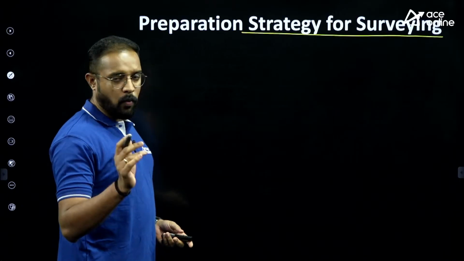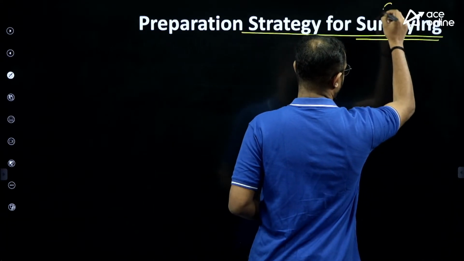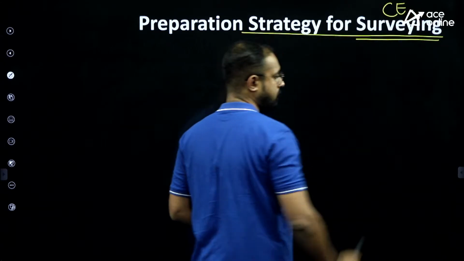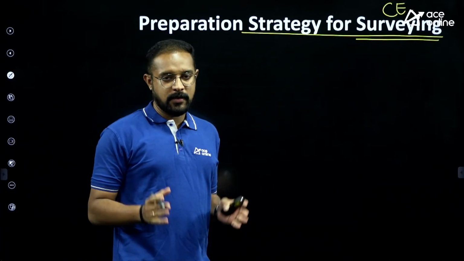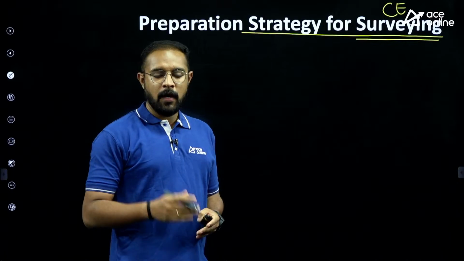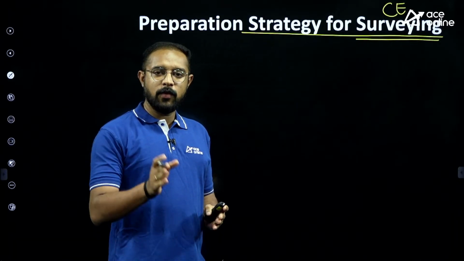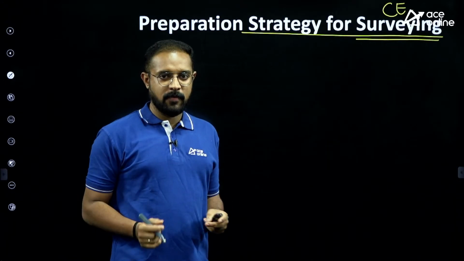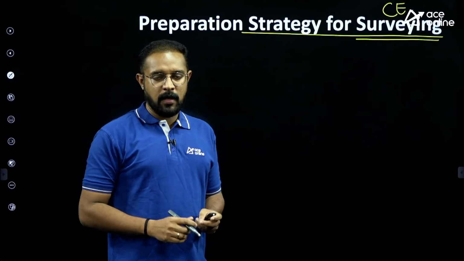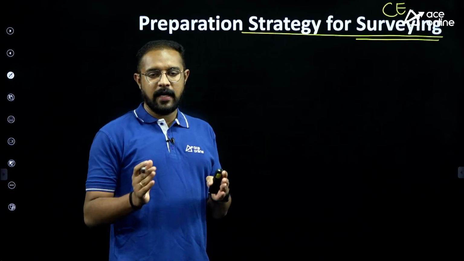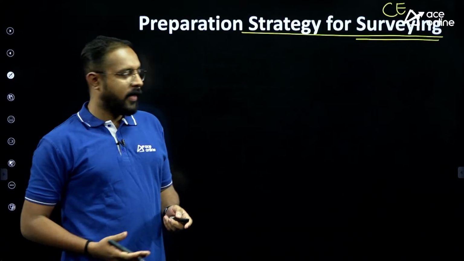Now, one thing that I would like to make very clear is that surveying is part of our civil engineering paper, code C. But if you download the civil engineering GATE paper, you will not see the topic surveying there. They write a new name that is known as geomatics engineering. Rather than writing surveying, they write geomatics engineering. Now, why I am trying to clarify is because